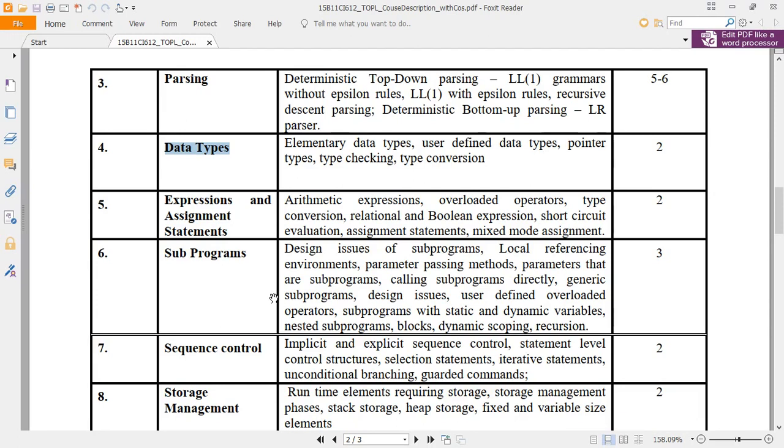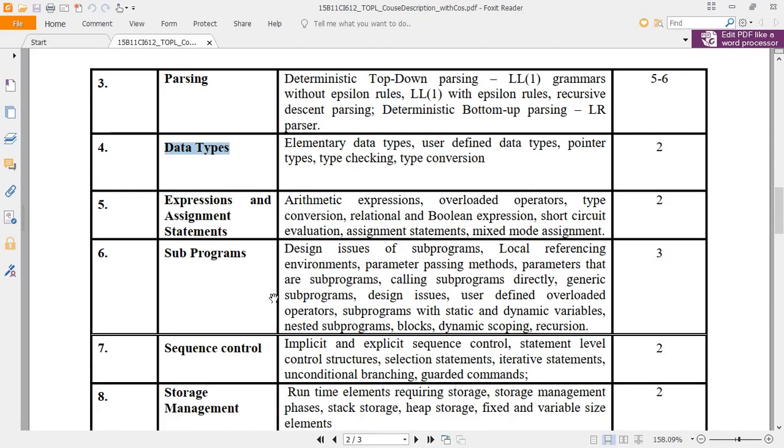Next we move on to subprograms with static and dynamic variables, and nested subprograms, just like in Python programming, how Python supports nested subprograms. We have seen that. Then we have seen the general way of defining nested subprograms. Then what is meant by a block? A block, in the sense, is writing the statements within the flower brackets, open and close.